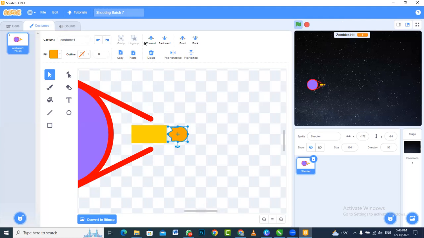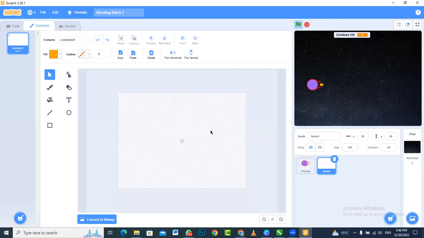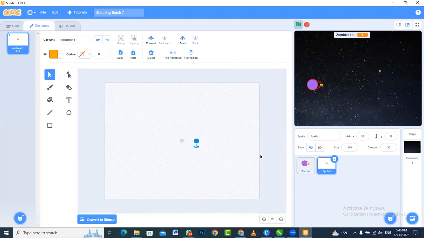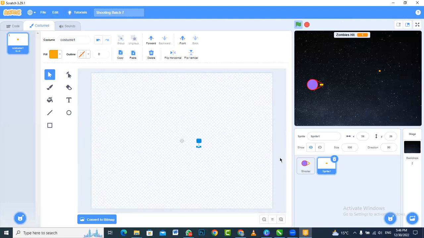You can't cut it from here, right? There is no cut option here, but you can press Control and X on your keyboard to cut it. Then you can paint a new sprite and just paste it there directly, nothing else. It's going to be pasted where you would want your bullet to be when you start the game. So now when you press the flag,